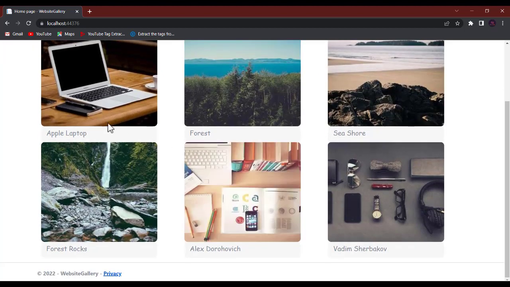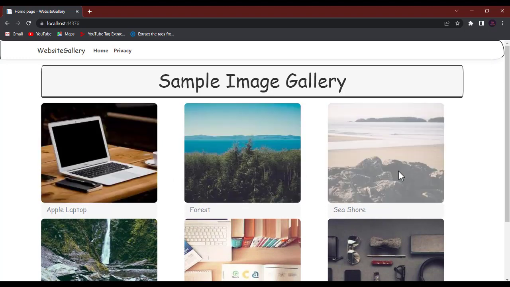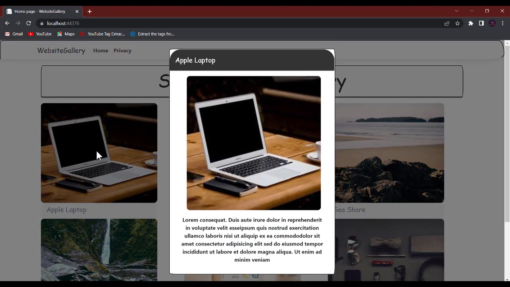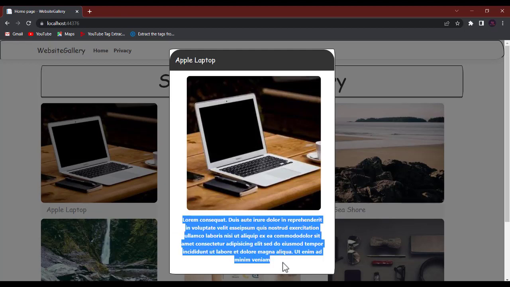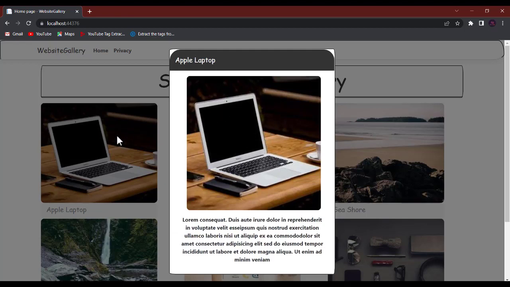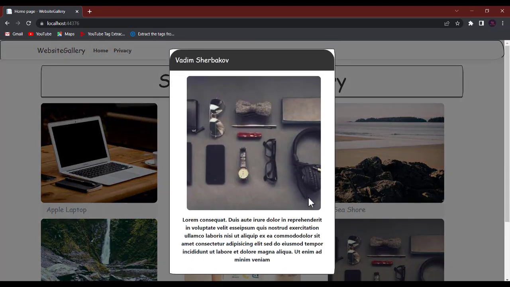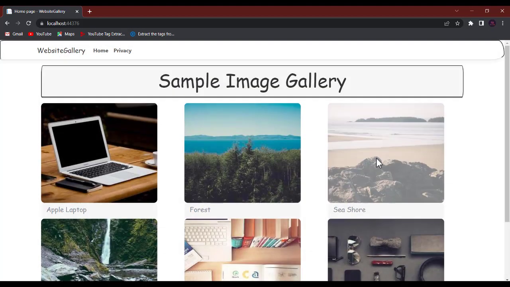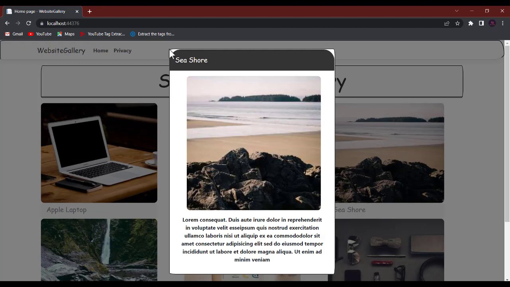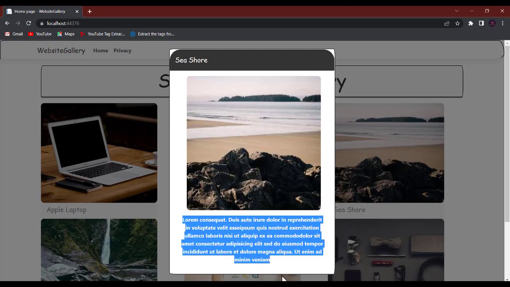Now aside from that, as soon as I click on the image, let's see what's going to happen. As soon as I click on it, you can see a modal popped up, and I have the image name on top, the image description, and the image here. If I want to close this, I click anywhere and it is off. So any image that you click, you're going to have the image name on top, the description here, and